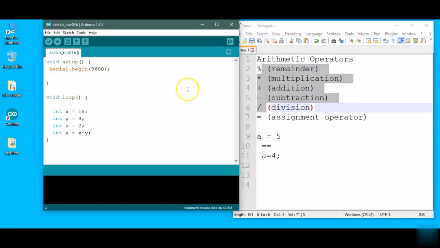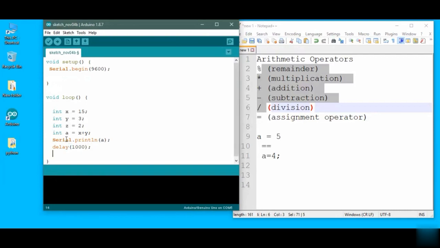One more thing here: always try to focus on capitalization of words, because this is the most common error that you will make in your programs, and a little harassment will be produced by this error. And now let me print this a here, and then a delay of 1 second,